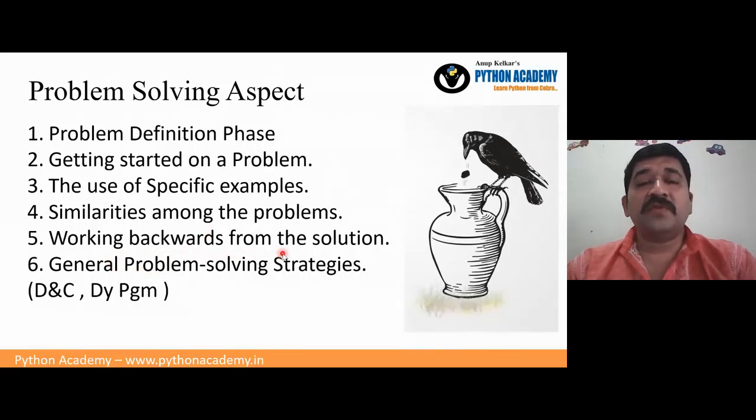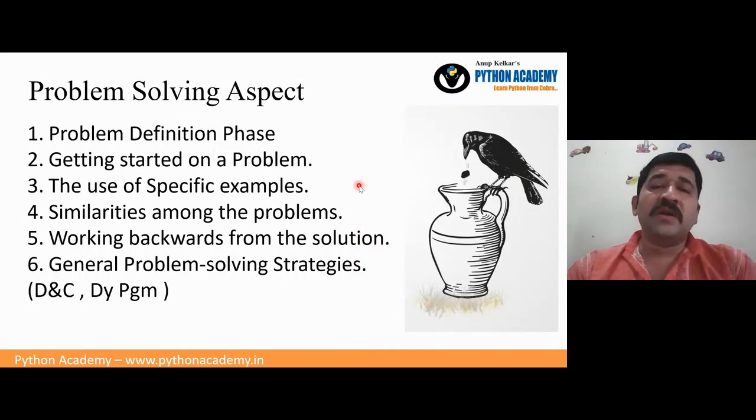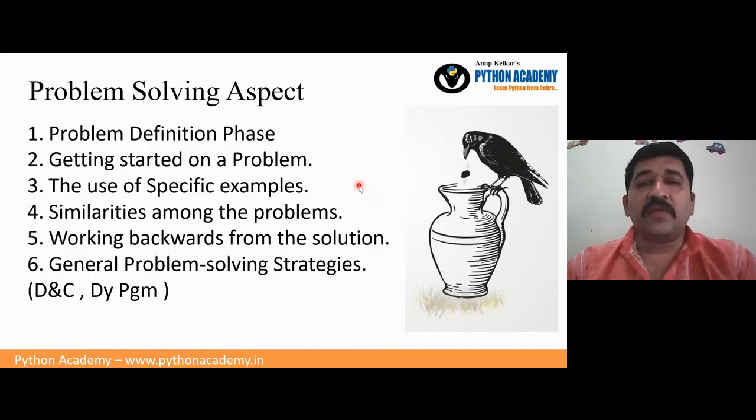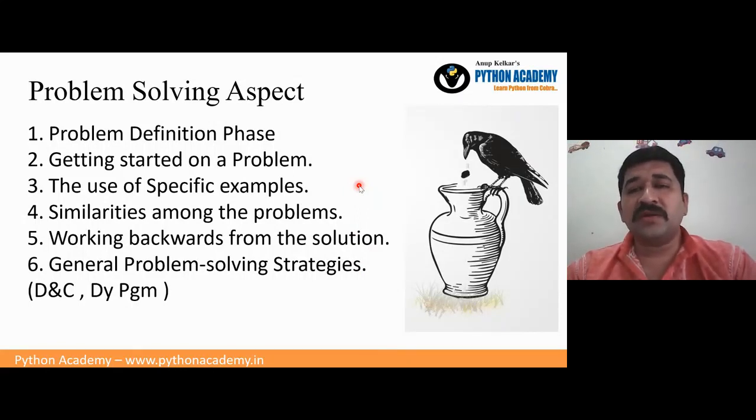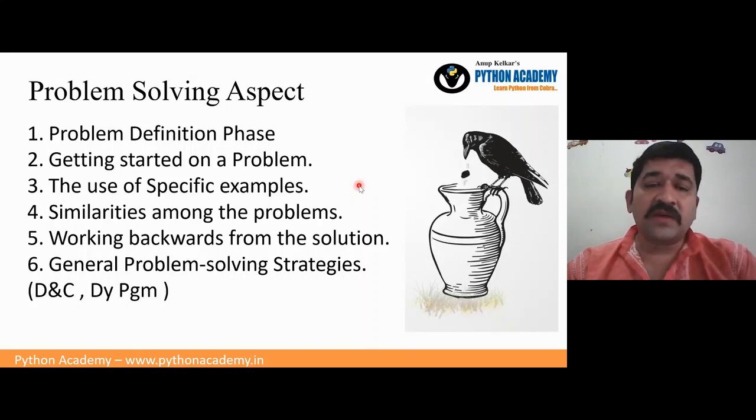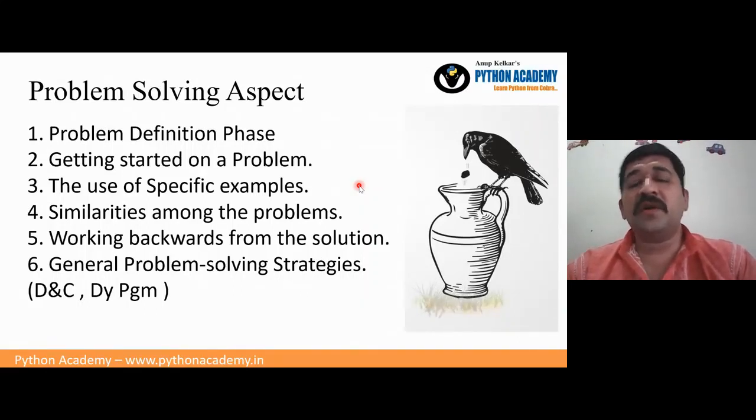Working backwards from the solution is also a very good method to think of to write code in a simple way. Rather than starting from the initial position, we can go in reverse. Like in the example of swapping numbers, you may say the numbers are already swapped. Now how can the reverse process work? If I am writing a data structure, say a list or a tree, or a sorting, let's have a sorted array as the final output, and let's go back to check what things may have happened. So looking backwards from the solution to the initial point also gives a very good idea of how to write a program.